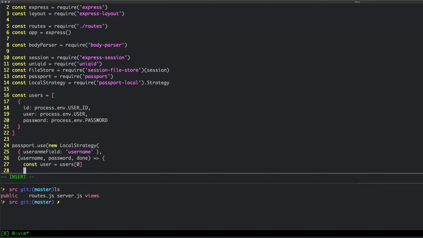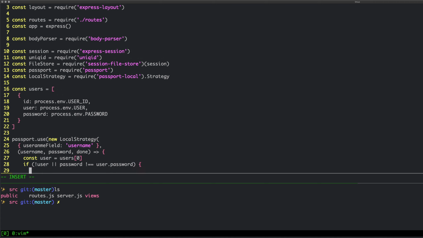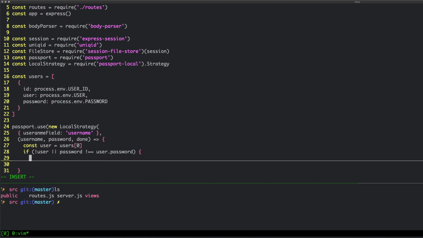Then what we want to check is if not user, so this is a falsy check, then we want to say there's no credentials, there's no user, there's no point, right? Or we want to say if password does not equal user.password, then we can just return done, null, false, and then a little object with a message that's going to say